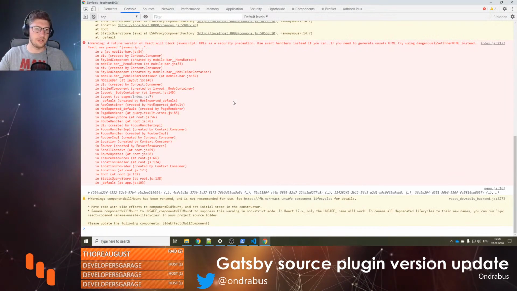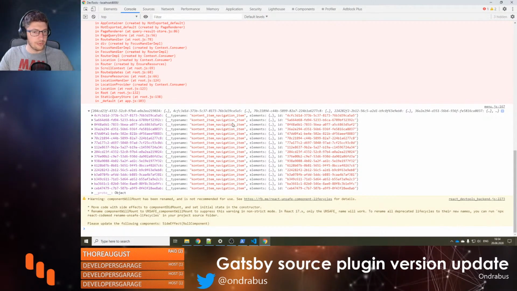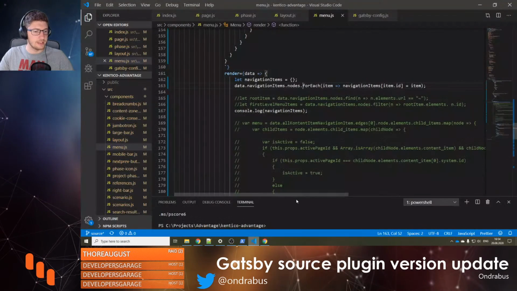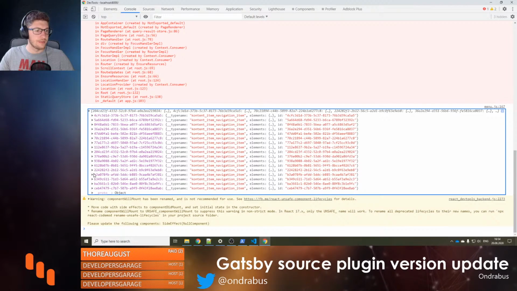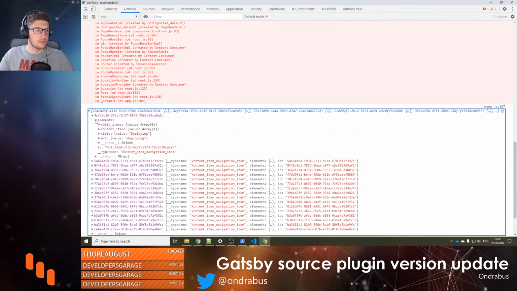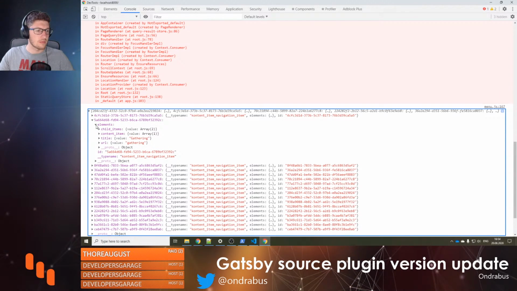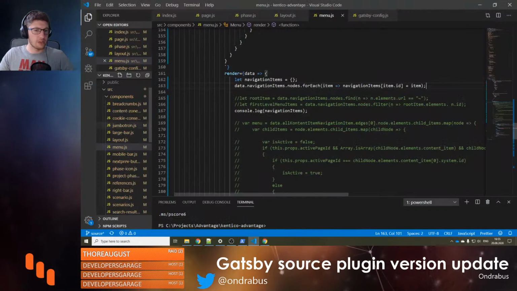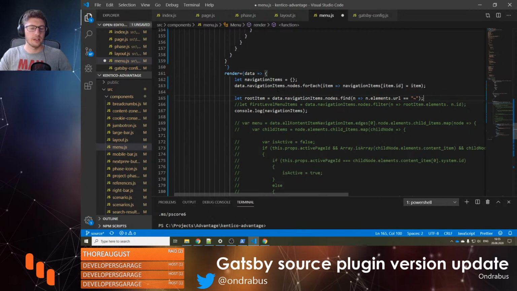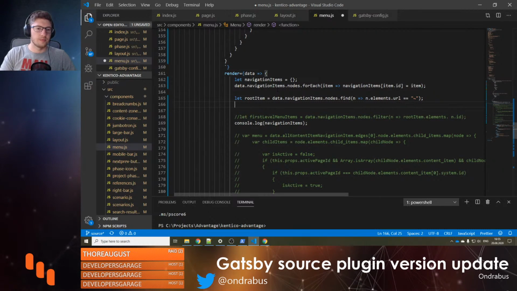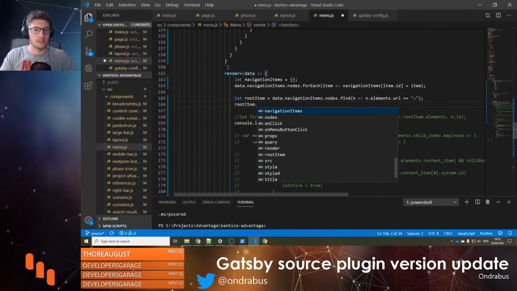Okay, we've got hello world here. Let's see what we have here. All right. So it seems this works. We have all the navigation items ordered by their IDs, which is nice. So now it's just a matter of finding the one that's on the root. So this is the code that does exactly that. And then we can say root item dot